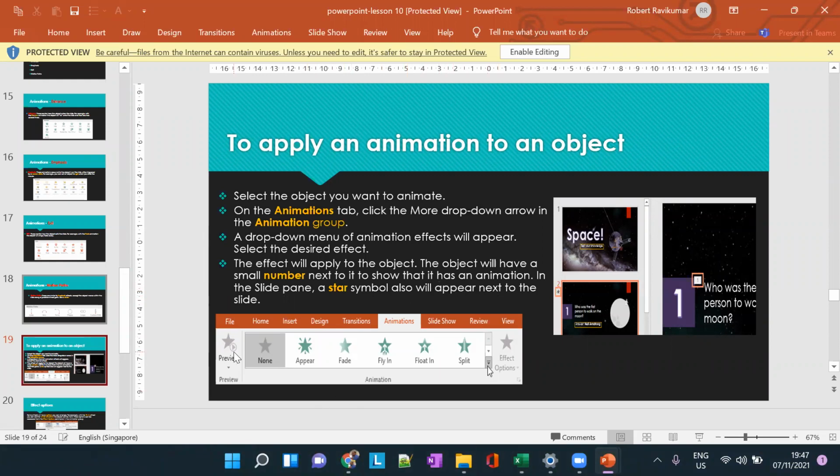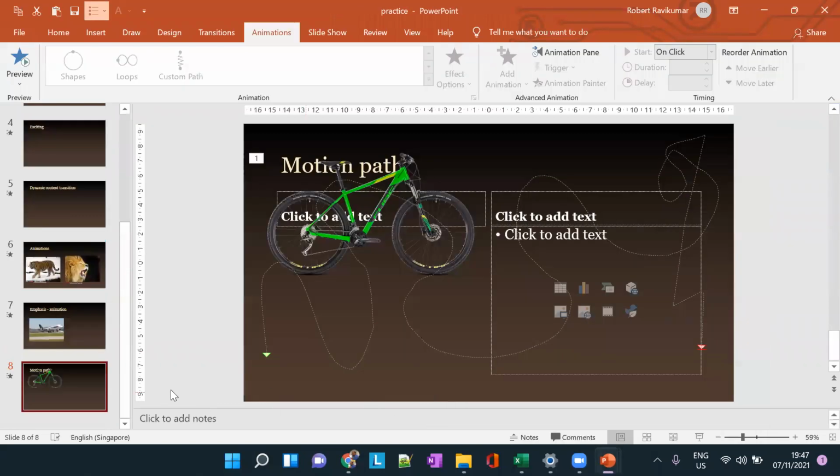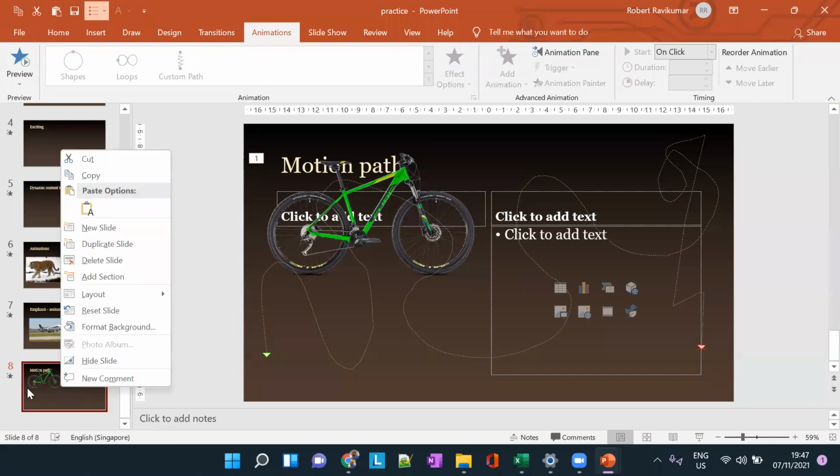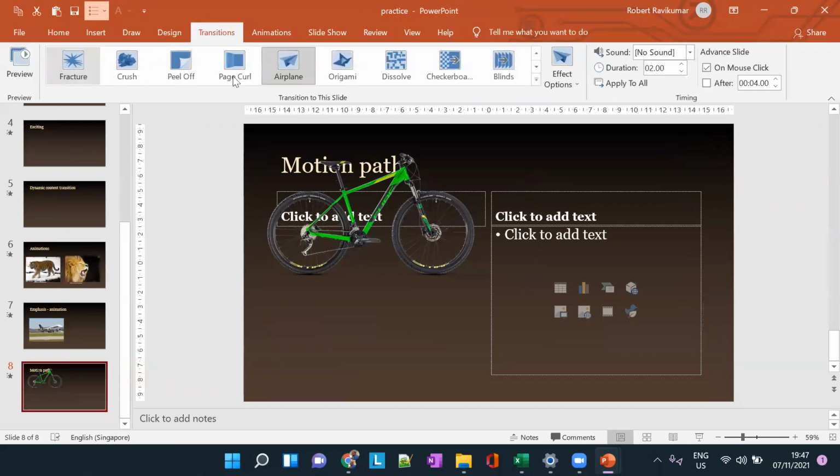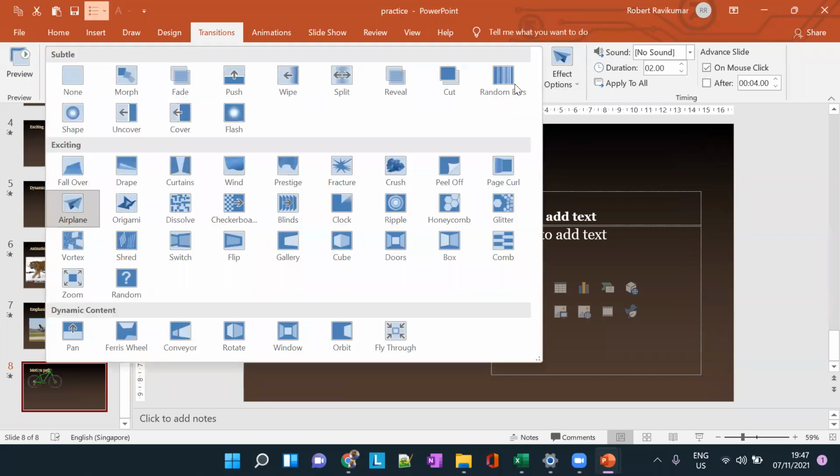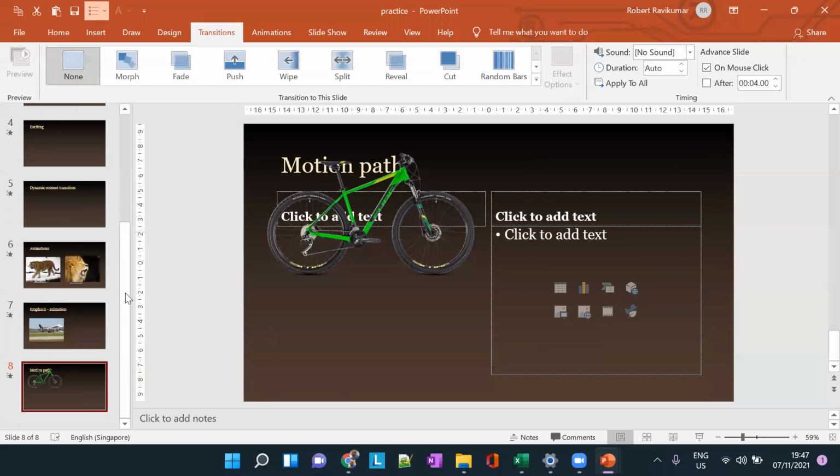So like a transition, right? Even if you apply animation to a particular object in the slide, the star will appear. Even for animations, let's say if I remove the transitions, I'll choose none transition for this slide.